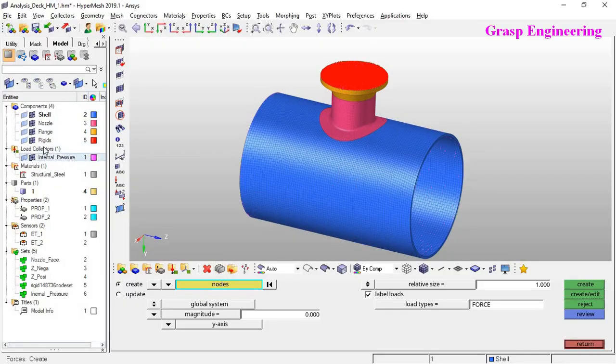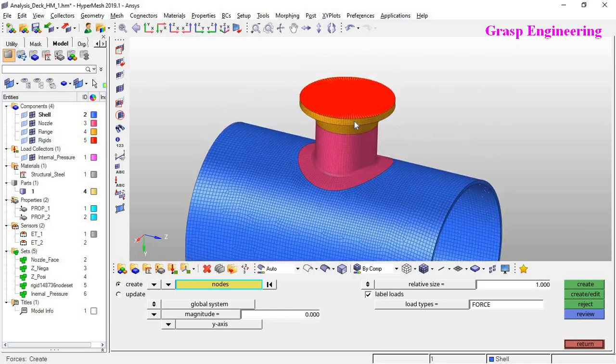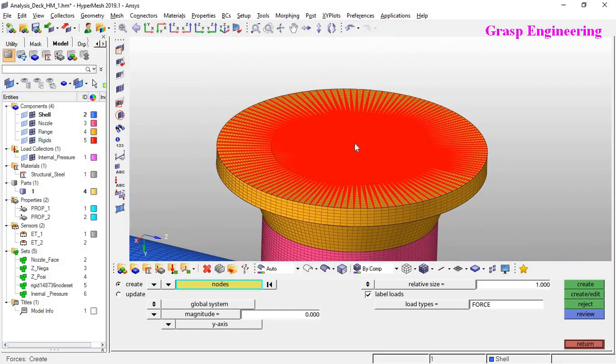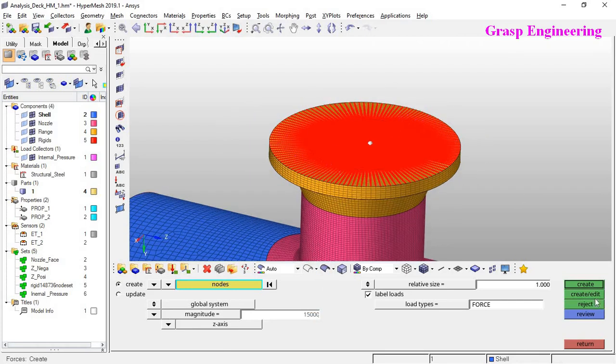I have switched on our rigids, and if you remember, we created a mass element, or central node, which is connected to the complete face of the nozzle flange. Let's select this node, select the longitudinal axis, that is Z, and apply the 15,000 force.